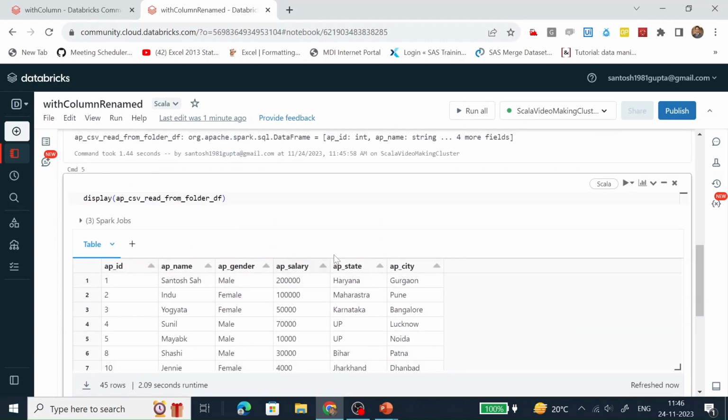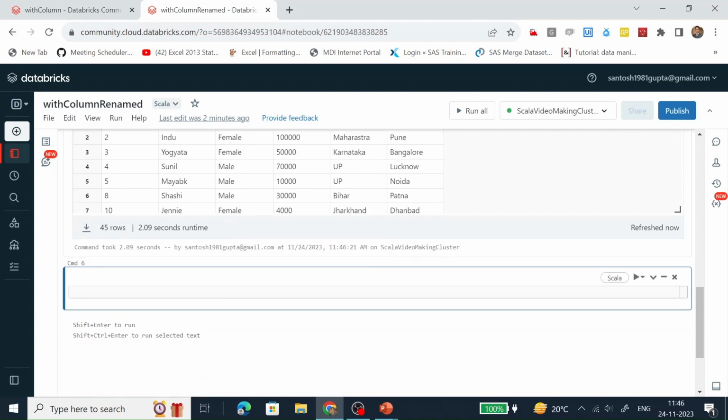So what I am going to do is rename this AP salary column to AP salary renamed column. We will be renaming the column with the help of the withColumnRenamed function. So let's do it. We are going to rename the column.